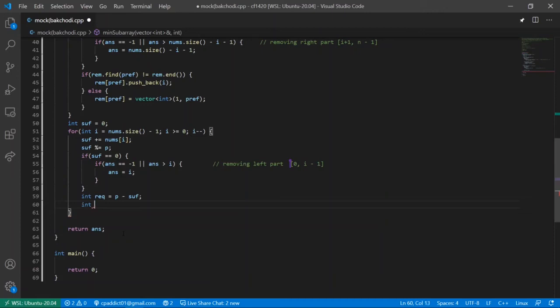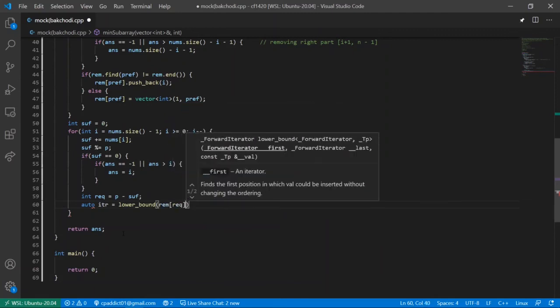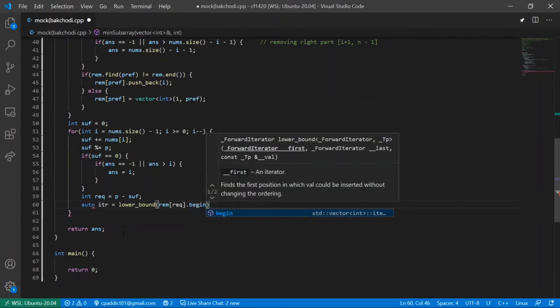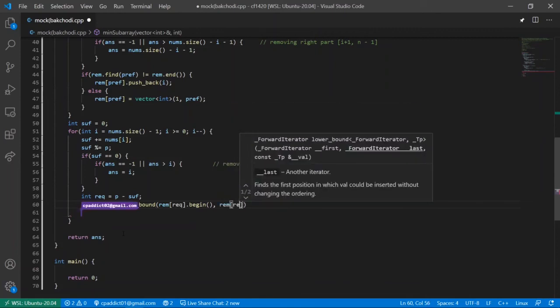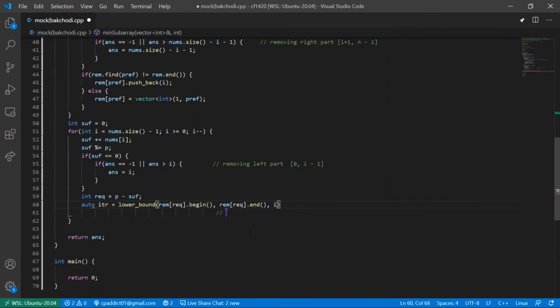So for that we can have int lower. Let's have the iterator first. So we are having lower bound of remainder of required dot begin comma remainder of required dot end. And we have to find the first element less than or equal to, greater than or equal to i. So if itr